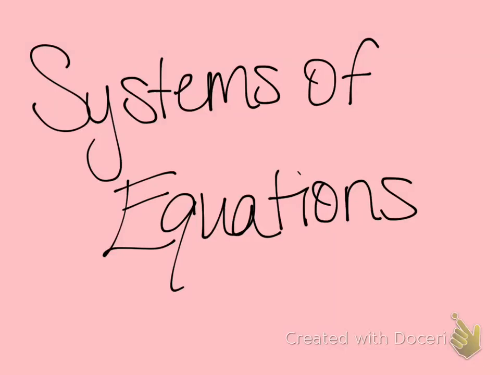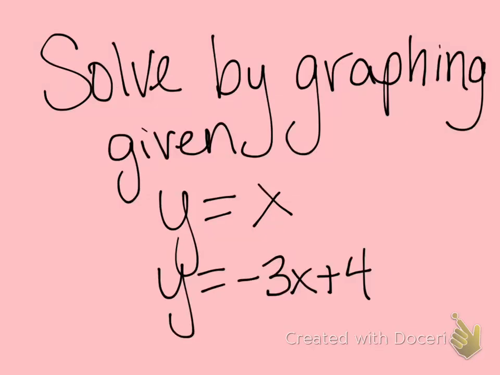System of equations. First, we need to know what the definition of system of equations is. A system of equations is a collection of two or more equations with the same set of variables. To solve by graphing with the example given, y equals x and y equals negative 3x plus 4,